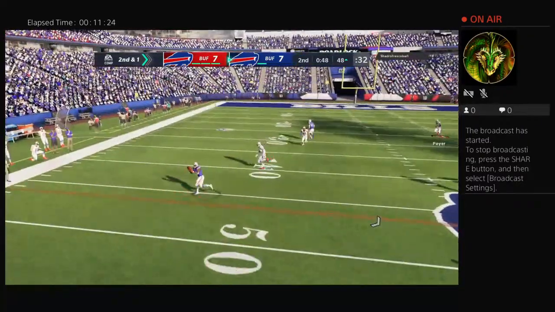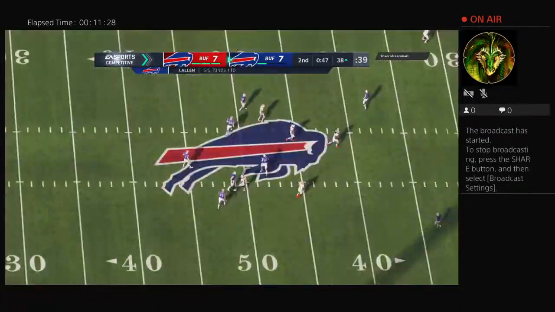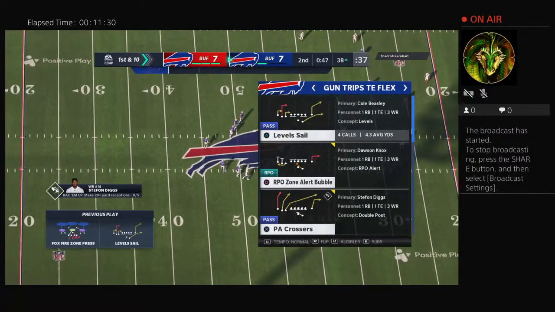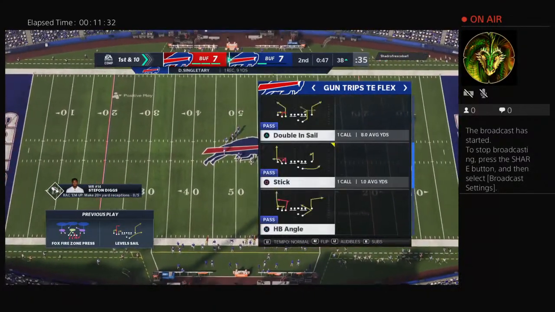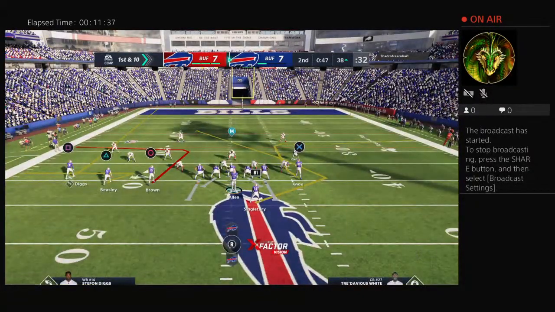Working out of the shotgun. Here's Allen, and he's going to find his man out of the backfield. That's complete, and he'll go out of bounds after taking it a little further down inside the 40. 9 yards to pick up there, and it's a first down at the 38-yard